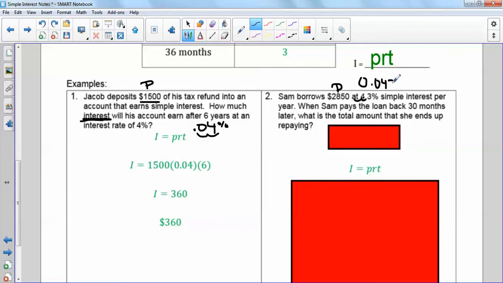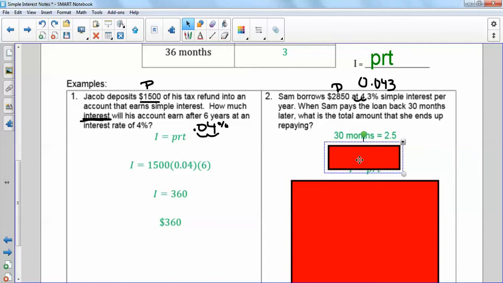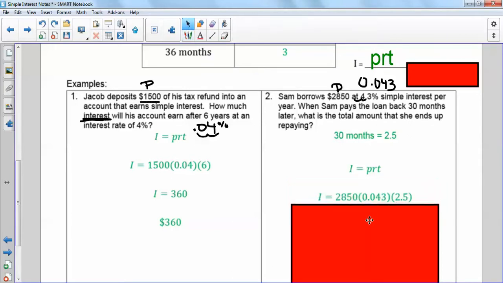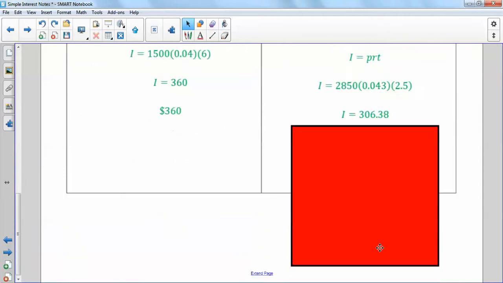it's going to be 0.043 for our rate. The part that we have to convert also is the 30 months, right? Remember I said I want to put my time in years, so 30 months is not okay. We can't just put 30 into our formula. So 30 months is 2.5 years, so that's what we're going to use for our T. Let's see what that looks like filled in. Principal, $2,850 times the rate, which we said was 0.043, times the years, which is 2.5. Okay, so we're going to multiply, and we get I is equal to